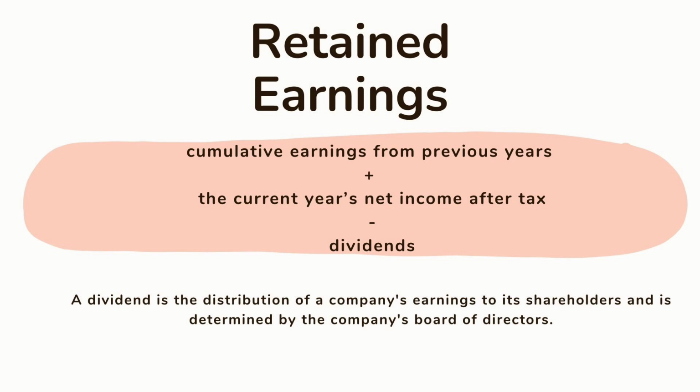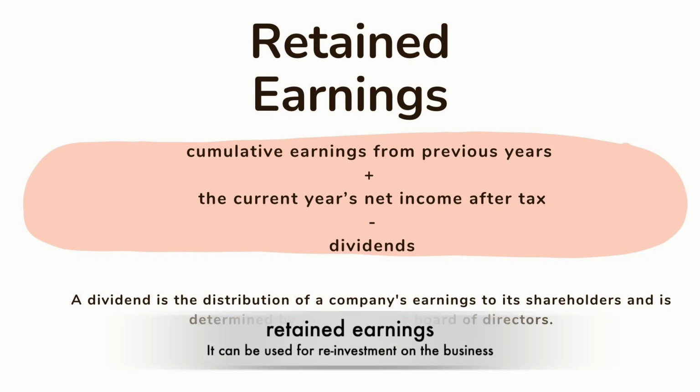Now the amount of the net profit which is left with the company after paying out its taxes and dividends is known as retained earnings. It is combination of the previous year retained earnings and the current year's net income after taxes and paying out the dividends. Now the company can use this amount for various purposes, for example reinvesting in the company, equipment, R&D